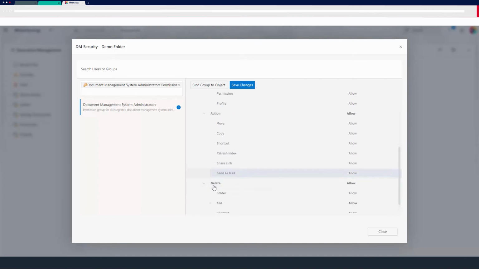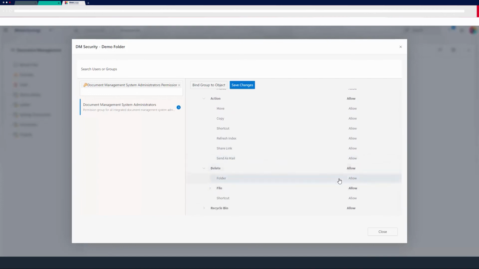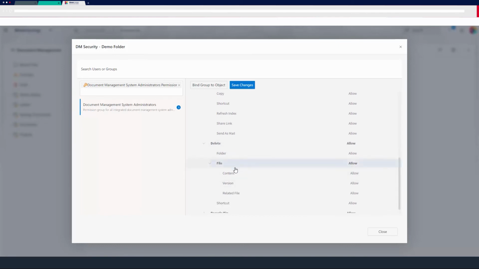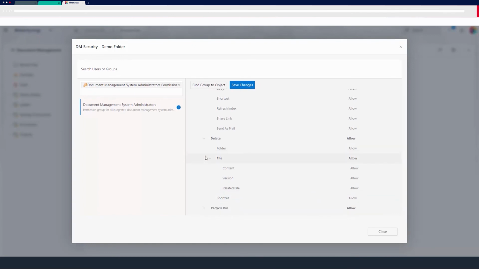On the deleting tab, I can give them delete authorization. And on the File tab, I can also give them versioning, and I can allow them to add related files. I can change all these options for the users, for the departments, or for the groups.